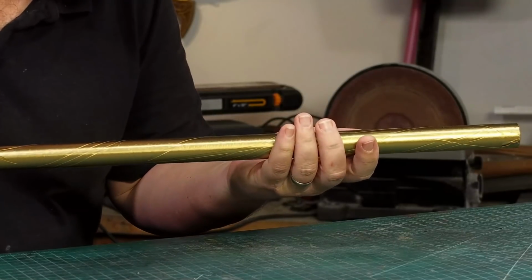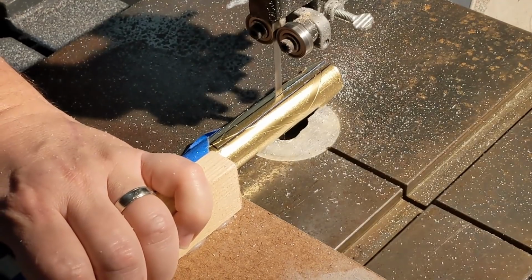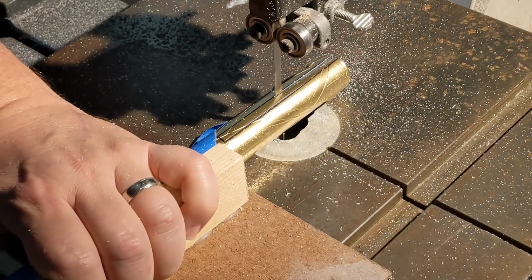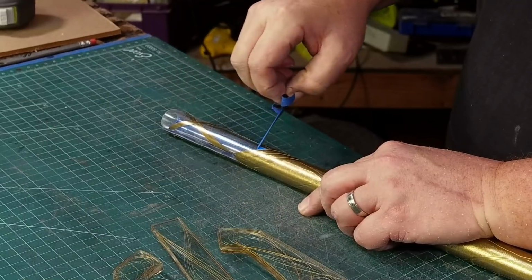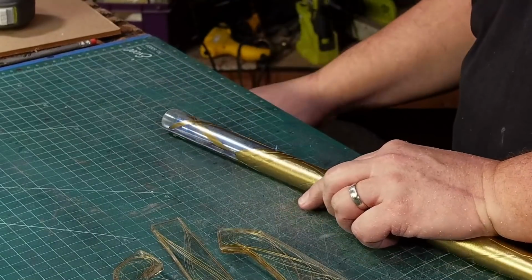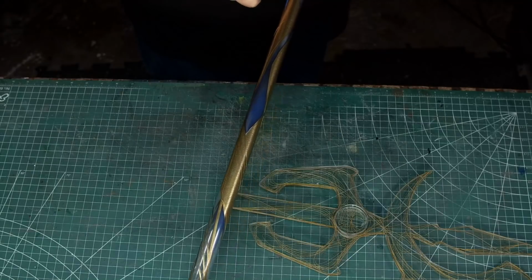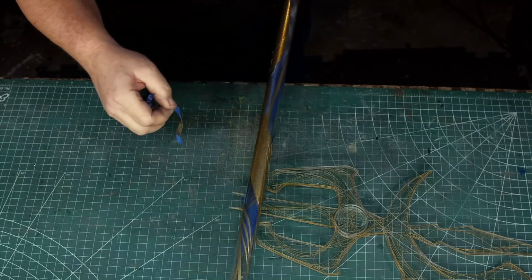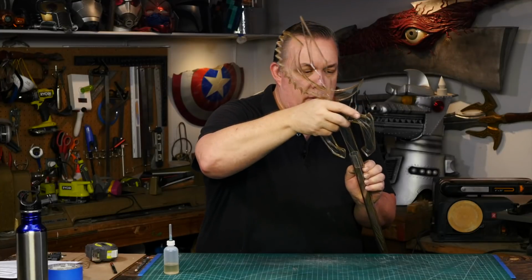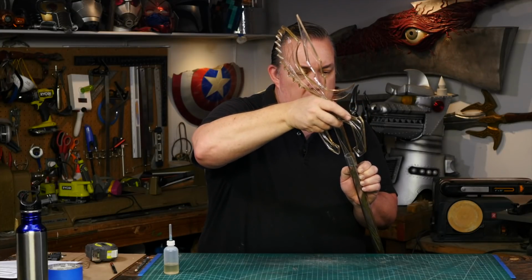After the paint dries, I get to peel even more protective tape. But before I do, I use the bandsaw to cut a slot so I can glue the spearhead in place. Now I realize these lines are considerably larger than the laser cut lines of the spearhead, but I don't really mind. I doubt I could have hand cut that many tiny little thin lines onto the tube and not gone crazy. The spearhead fits the slot, and it's a tight fit, which is good, because this wasn't an